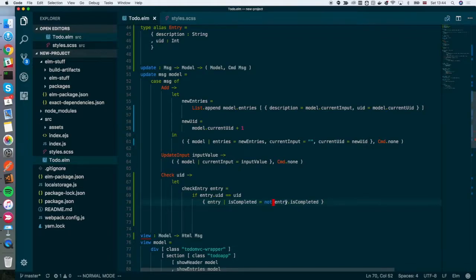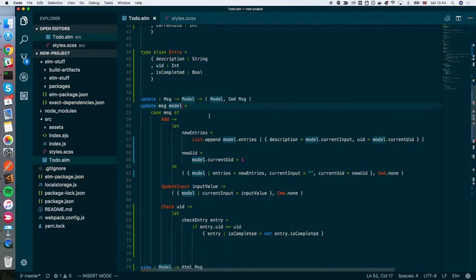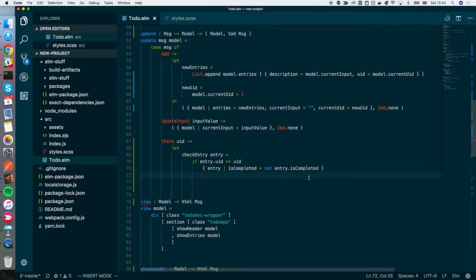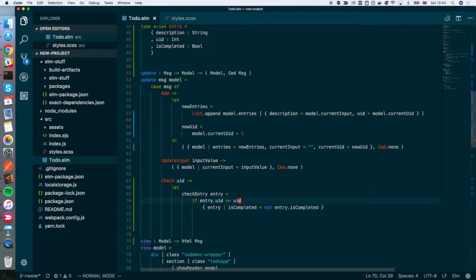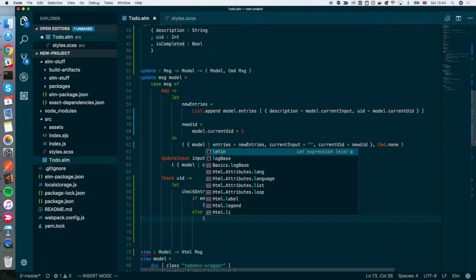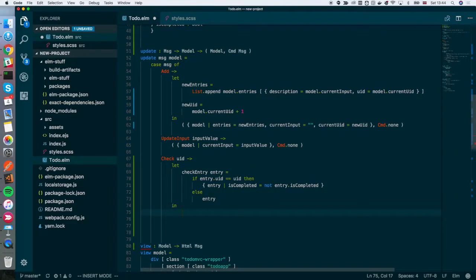So it will fail because we don't have is completed on our entry. So let's add that. Boolean. Okay. Let's add then else. And else, if UID is not equal, we're just going to return entry. And let's supply in block, and in block we just do a new. Let's do it like this. Add new